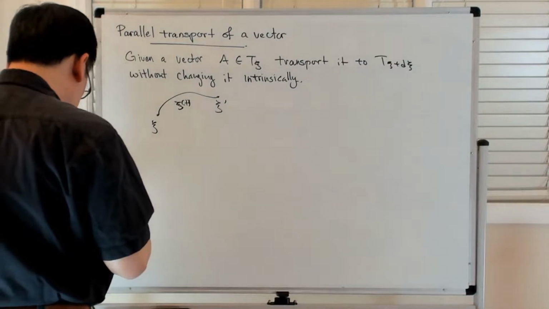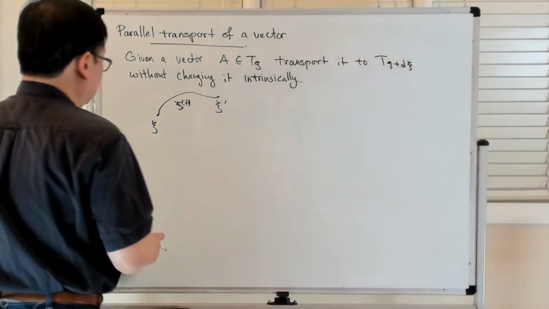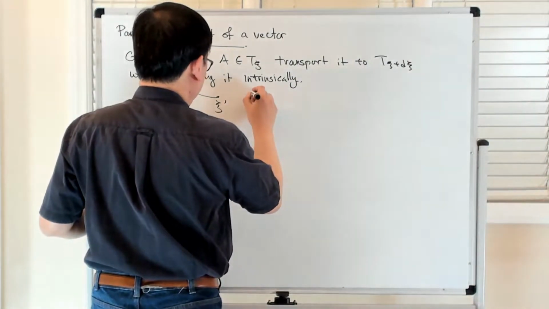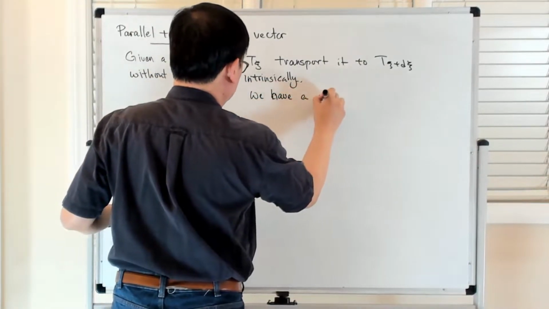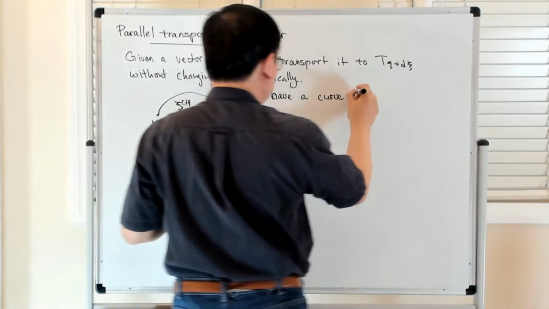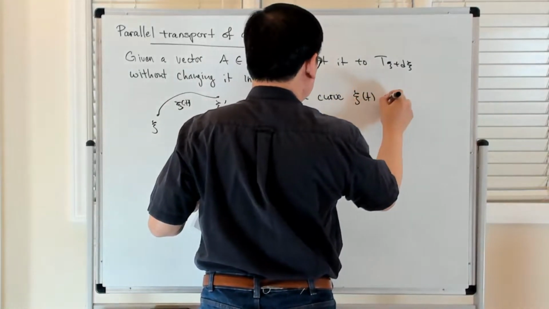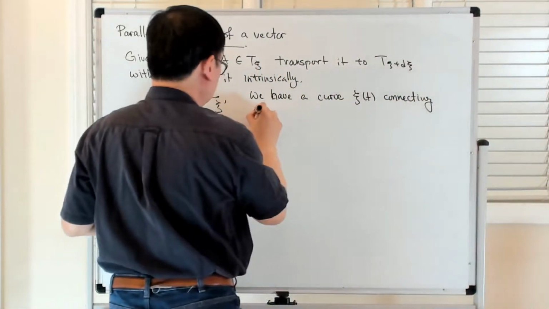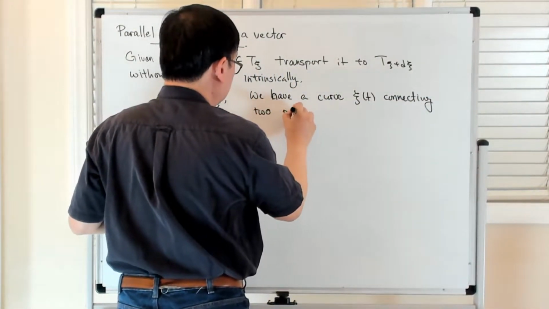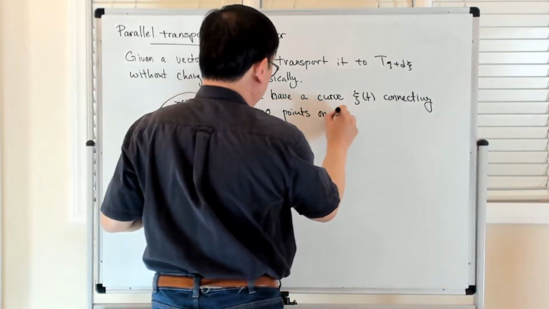Let's say C of T. So we have a curve C of T connecting two points on a manifold,